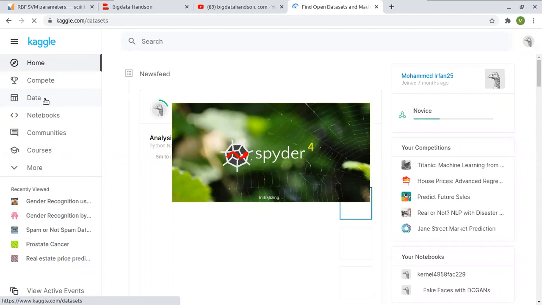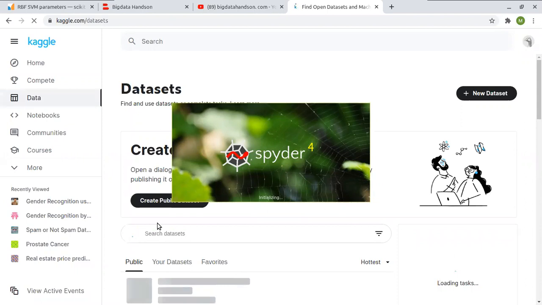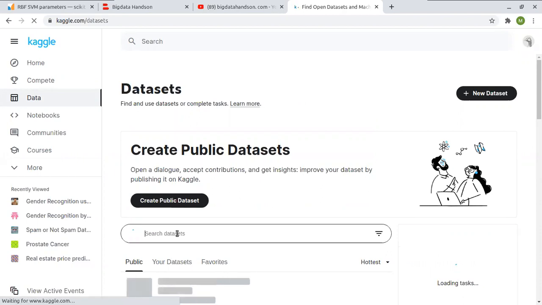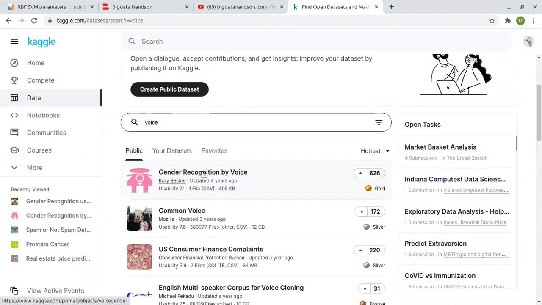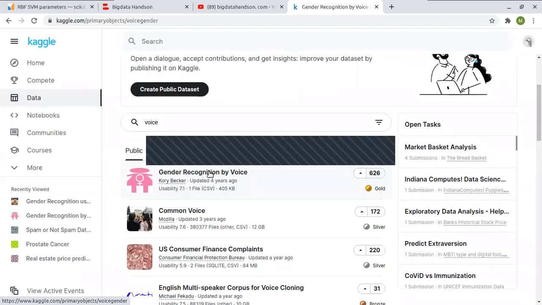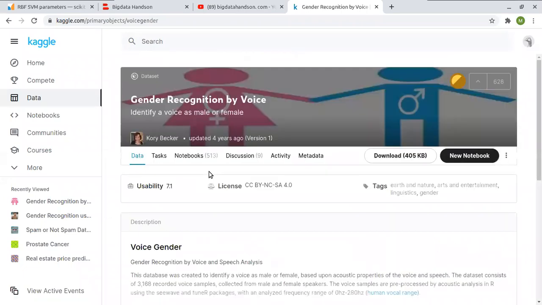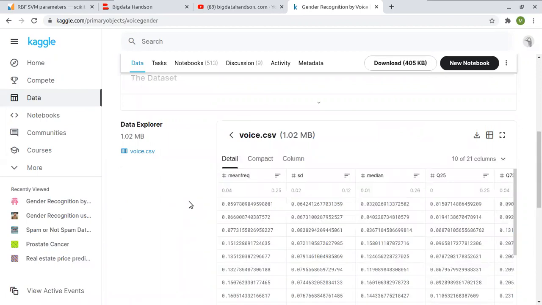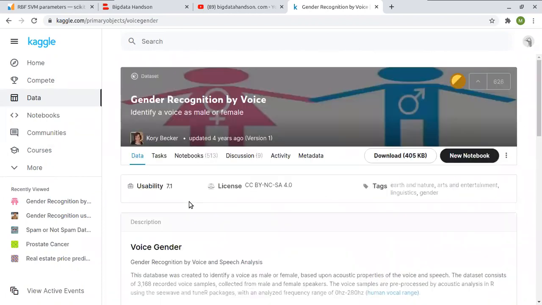Go to the data tab, and you can search here for voice. This is the data here, gender recognition by voice. You can download the data. It's 1 MB.